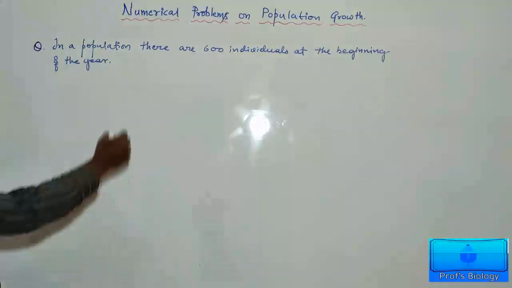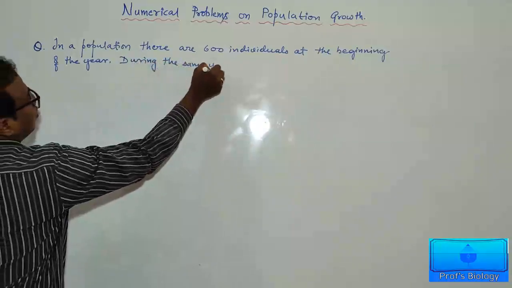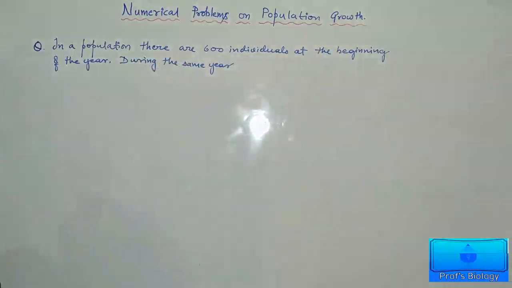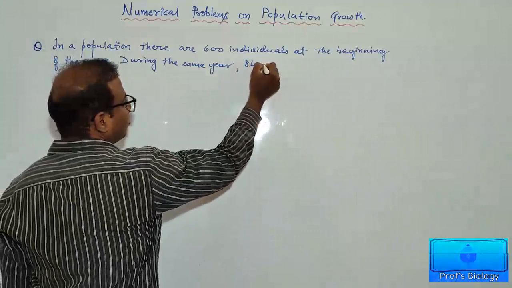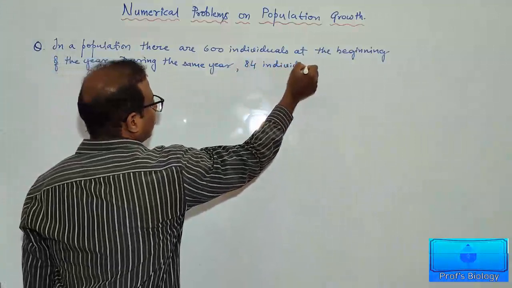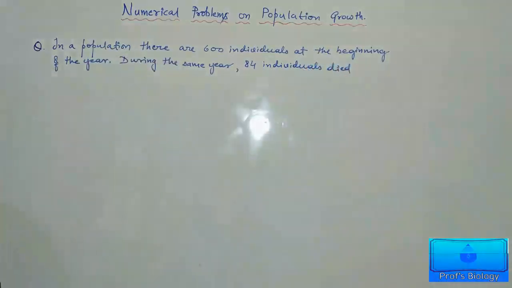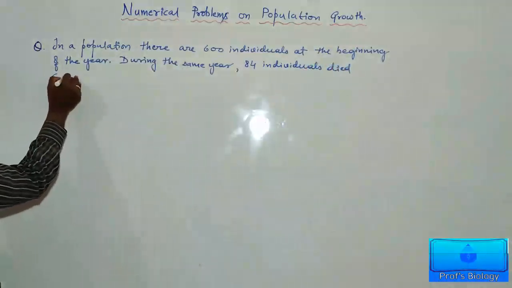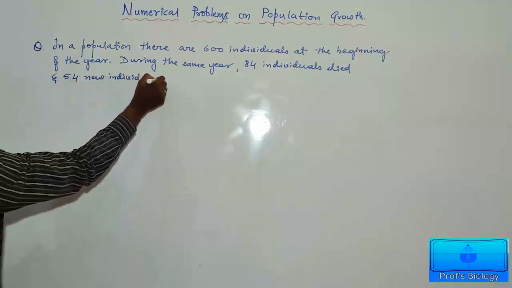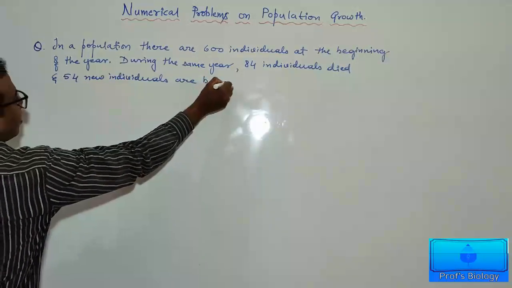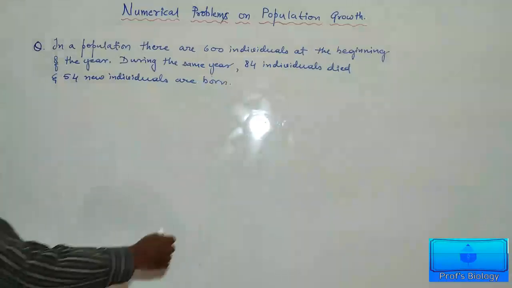During the same year, 84 individuals died, and 54 new individuals are born. The birth and death rates for the population will be